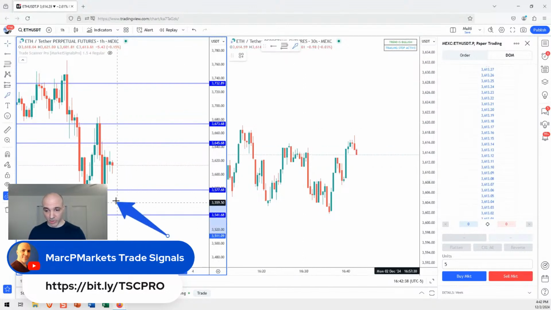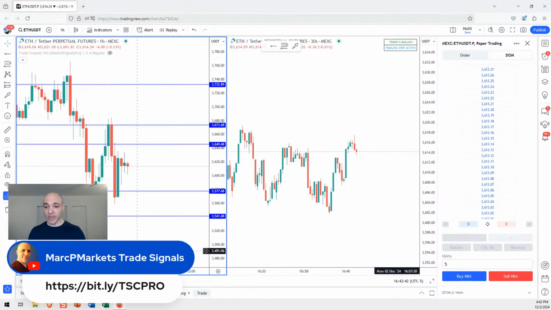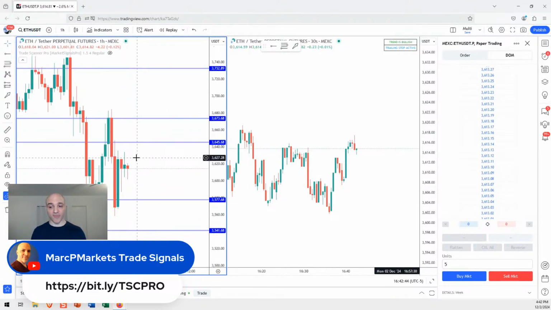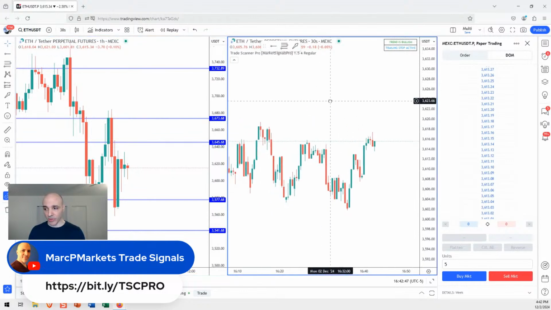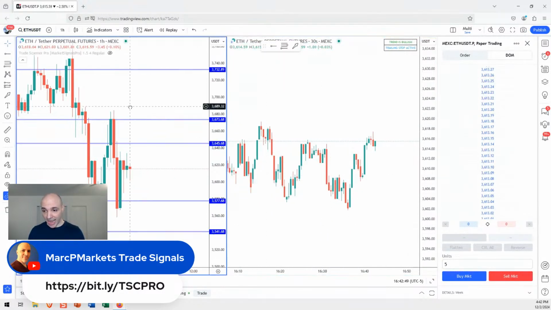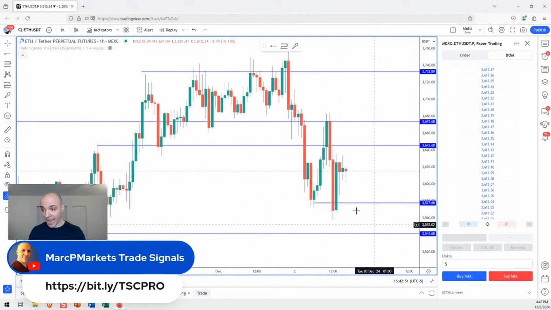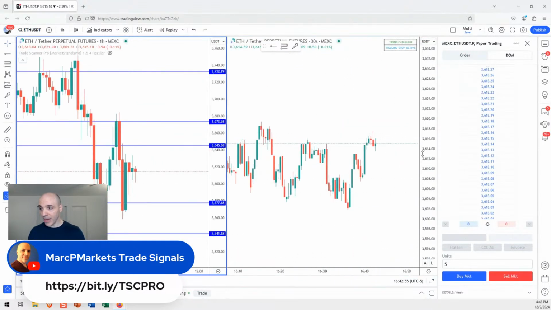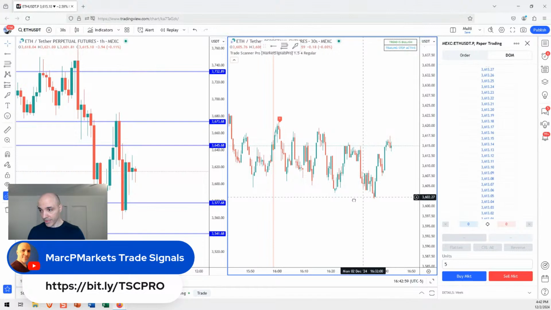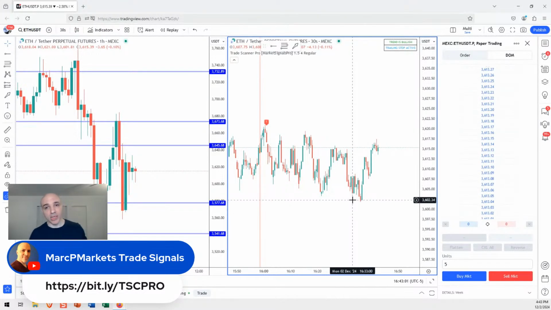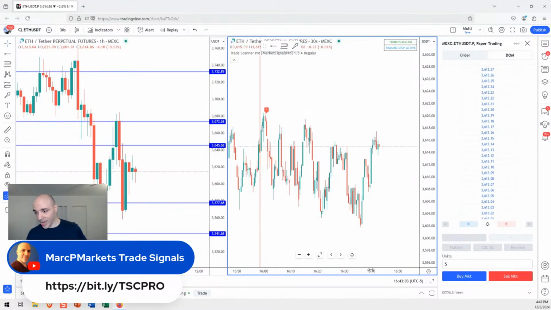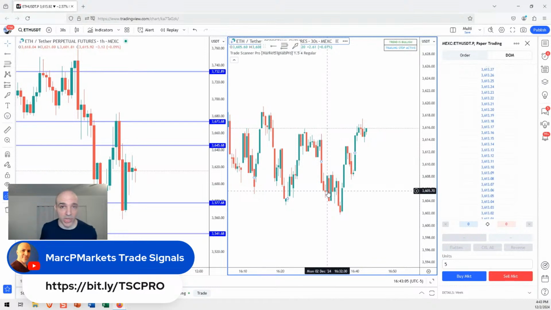We never tested the support. We never tested the resistance. We're right smack in the middle. This is out of play right now. There's no price action right now. Yet I managed to navigate my way around this thing because I have a tool that makes my decision-making easier, and I'm not getting caught up in complexity. I'm not sitting there trying to guess what the market's going to do. The market is just going to do either this or that, and I have orders to tell me how I should deal with that.